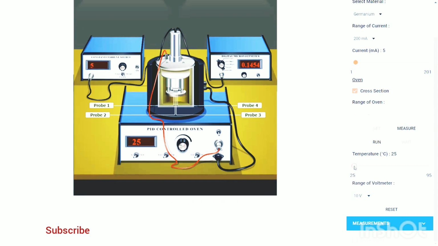When we click on the set button, we can check the temperature. So temperature is here, 25. I have selected the temperature, 30 degrees Celsius. Now click on the measure. Then the PID controller starts noting down the temperature, and we can simultaneously note down the value of